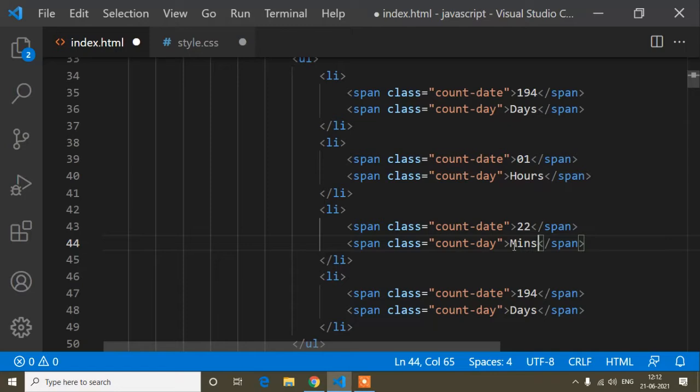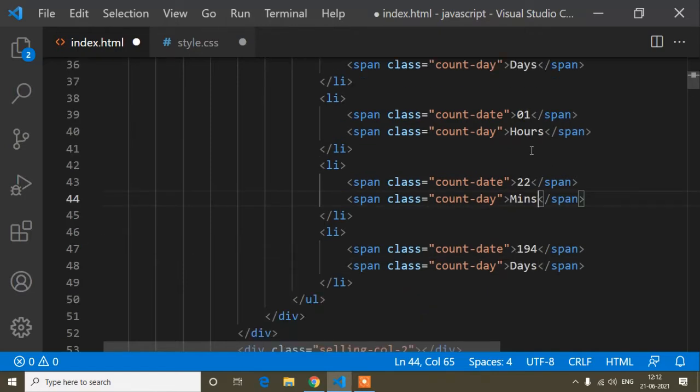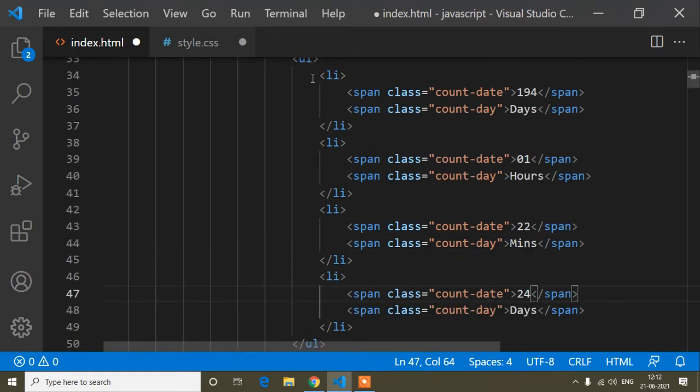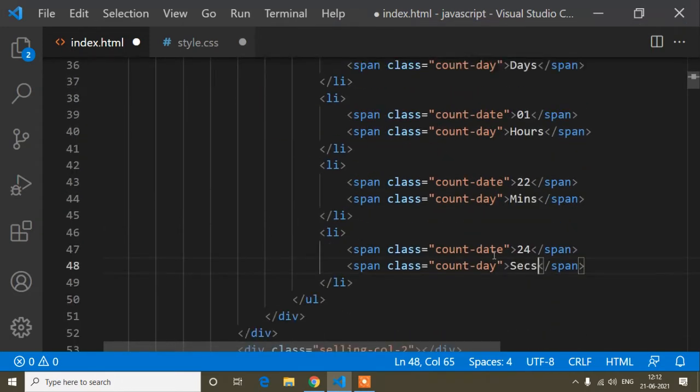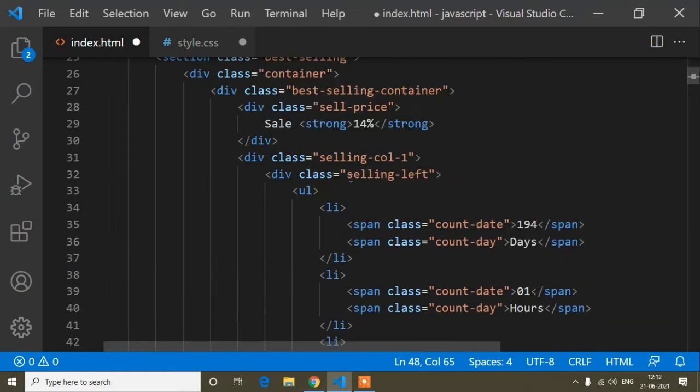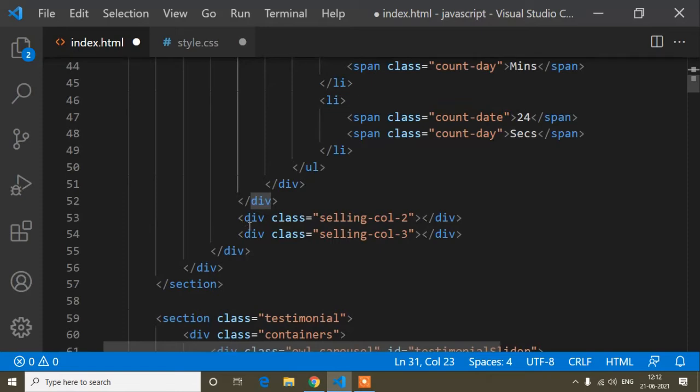So guys, in this video I am adding this statically, and in the next video I will show you how to do that dynamically. If I show how to do it dynamically in this video, it will take more time, because this is a big and complicated functionality, so I will make it a separate video. And now this one is for seconds. Okay, so the countdown timer is done, and the column 1 design is done.